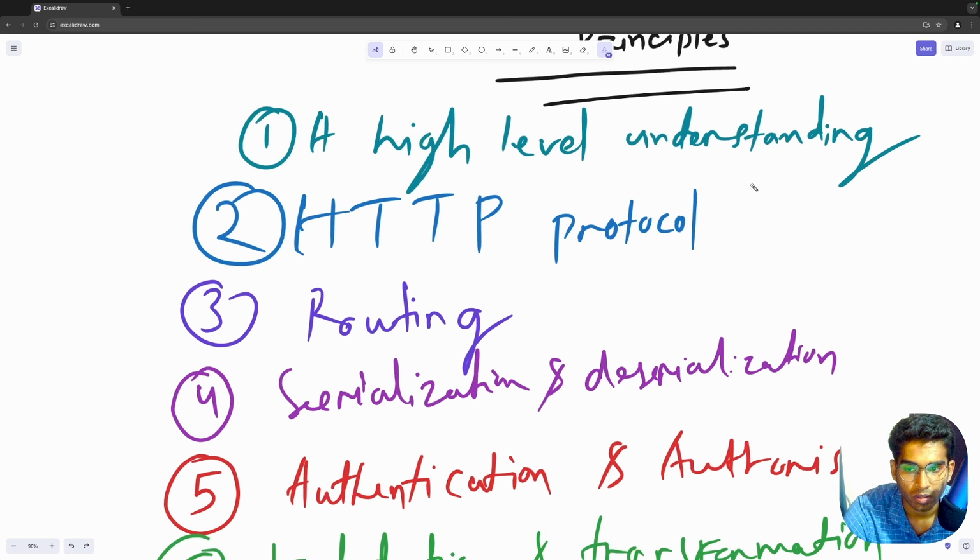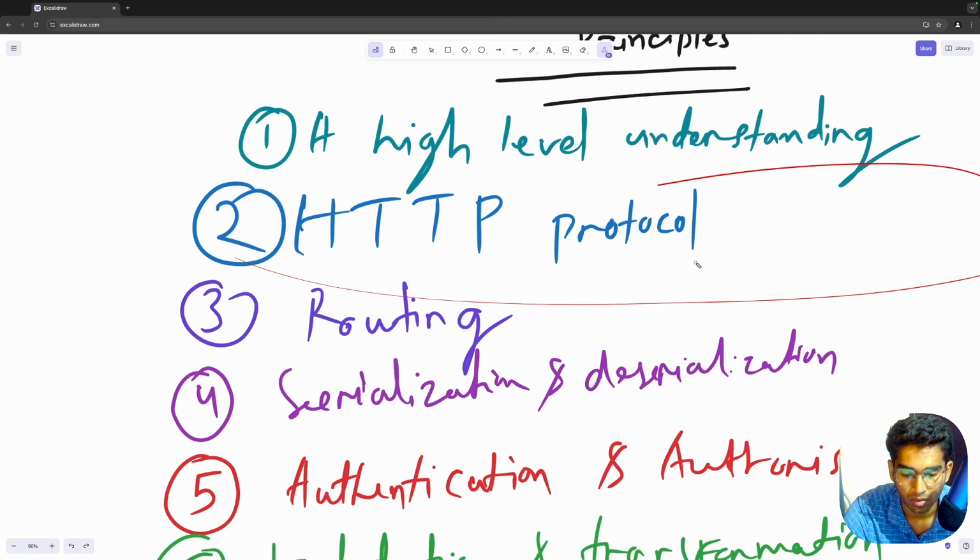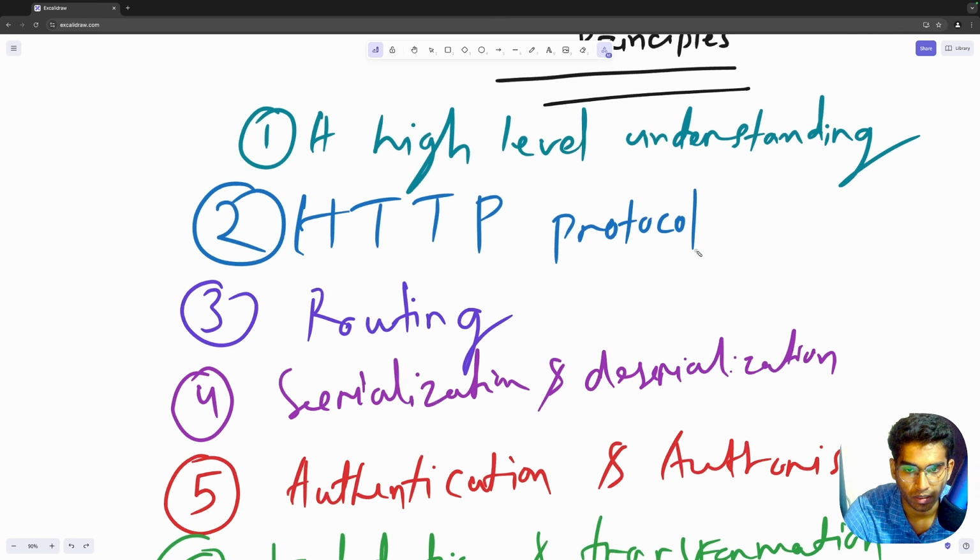From there, we'll move to understanding the HTTP protocol. What is the role it plays and how the communication is established through HTTP, and how HTTP raw messages look like, and what are the HTTP headers, what is the role of the headers, the different types of headers like request headers, representational headers, general headers, and security headers. And we'll look at different types of HTTP methods like GET, POST, PUT, DELETE, and when to use them, and what are the semantics and what are the principles behind them.